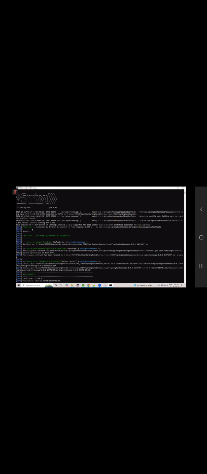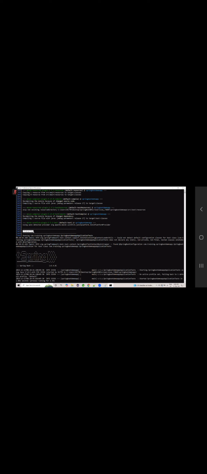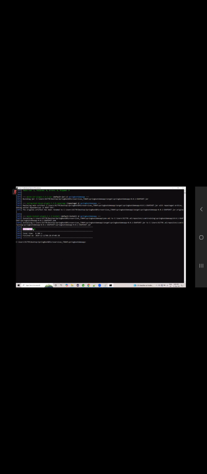Now see, it downloaded all the dependencies. Whatever dependencies were needed, it downloaded, and it executed the tests also. Finally, if everything is working okay, it will give build success. This is called mvn install. Once you did mvn install, by default, if you didn't specify any kind of packaging, it will automatically package as a jar file. Once your build was successful, if you go to the location,